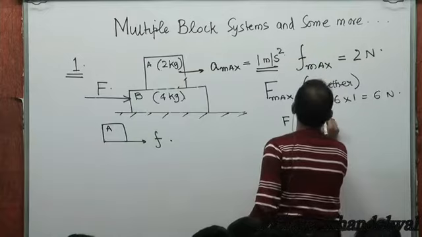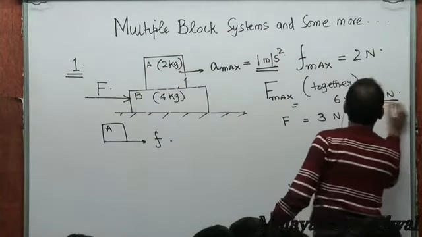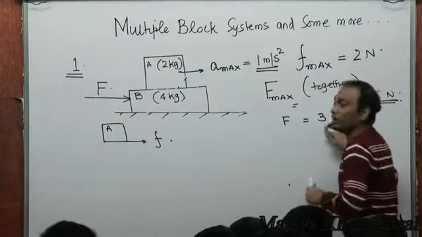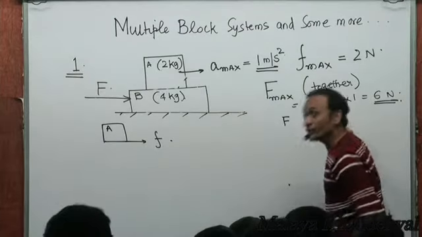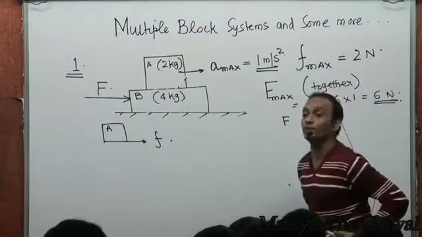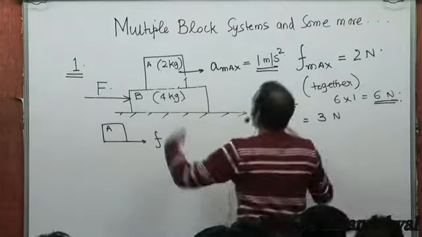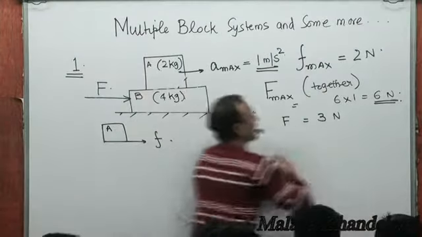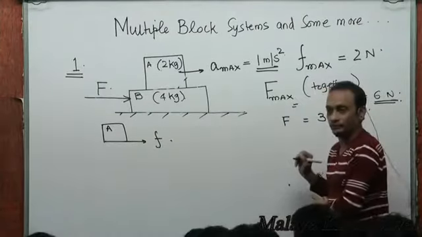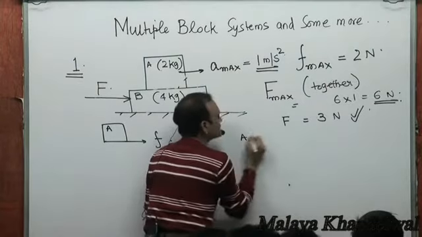So if you apply a force F equal to 3 newtons, this is an important number for the system then. If you apply a force F equal to 3 newtons, then you know that the two blocks will move together. Now if I look at the two, one thing that is guaranteed is that they move together. Now if I look upon A and B as one single entity,